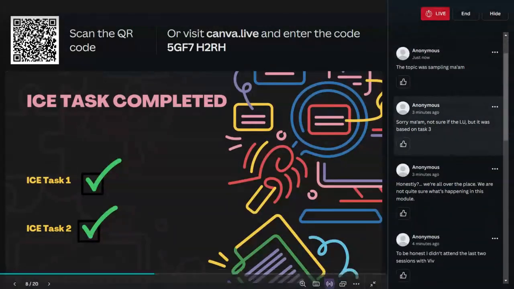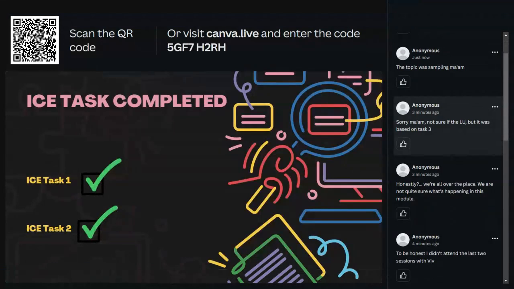I saw a comment said the topic was sampling. Thank you, that helps. Sampling is quite a broad topic, so I'm not too sure if she covered probability and non-probability or the different sampling methods, but I'll work from the sampling learning unit or chapter. I think it's learning unit 3 from what I've studied and prepared. So I'll send you an announcement shortly after tonight's session, and we will work on learning unit 3 as of next week in terms of sampling, just to pick up from where it was left off.